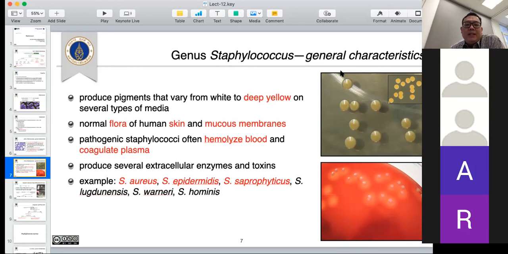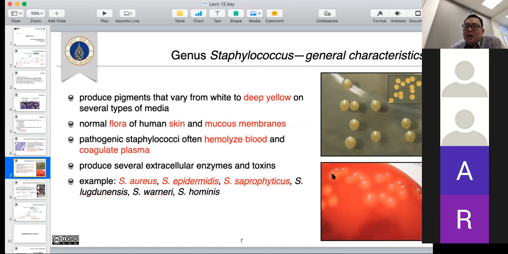One important ability of staph is the ability to hemolyze blood. They destroy red blood cells. Once you grow Staph aureus, sorry, not Staph aureus, any staph, particularly aureus, on blood agar, you can see clear zones around the colony because they release enzymes to digest the red blood cells. That is the staphylococcus, and also they have the ability to